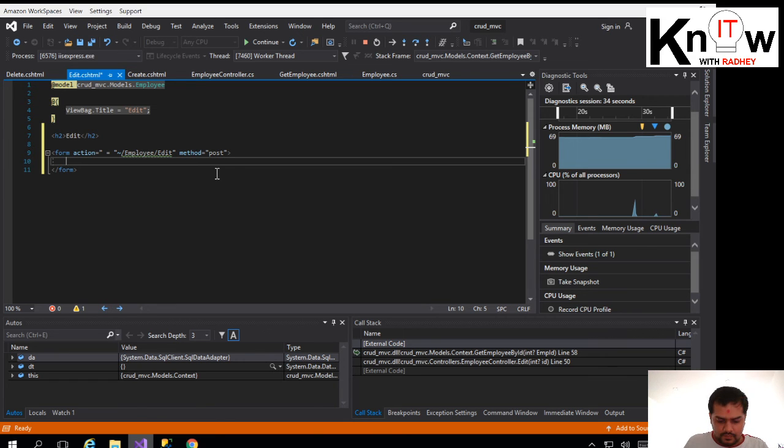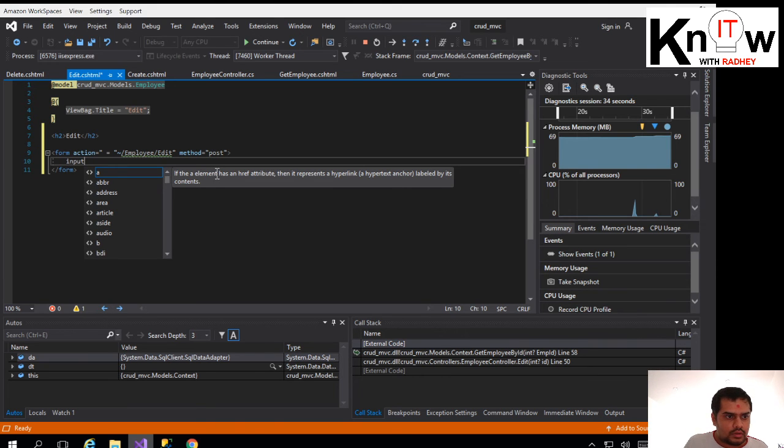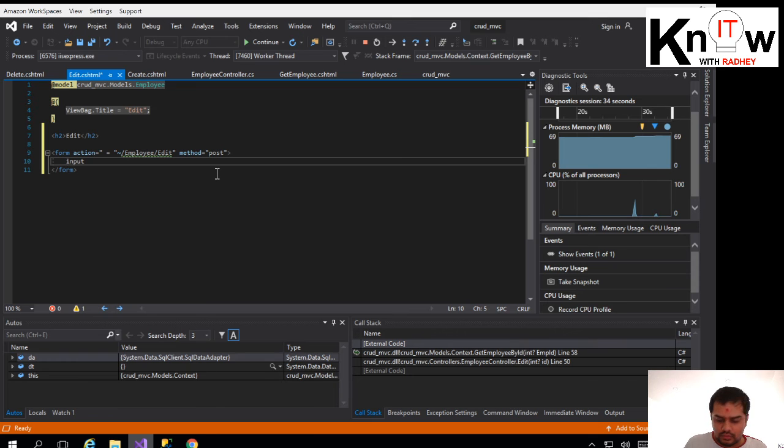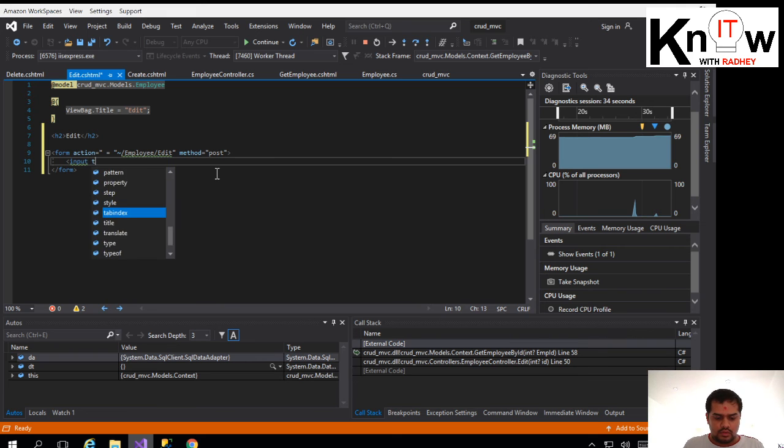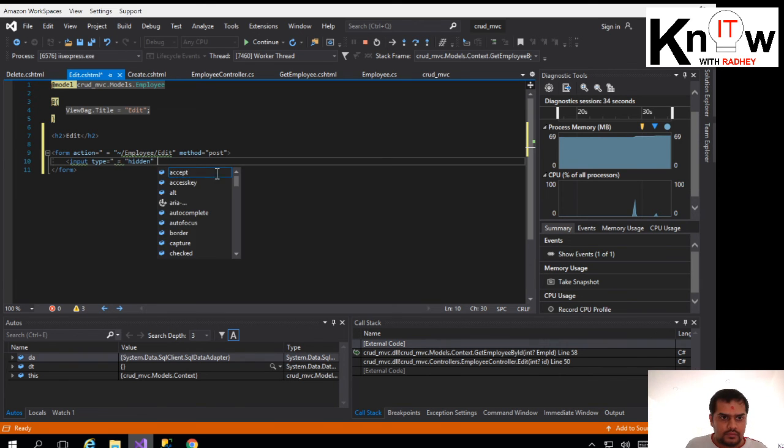Then we are going to define the input. Type is equal to hidden. This is the most important thing, guys, to define a hidden input type, and then naming it as emp id, and value is equal to, what value? Give reference of